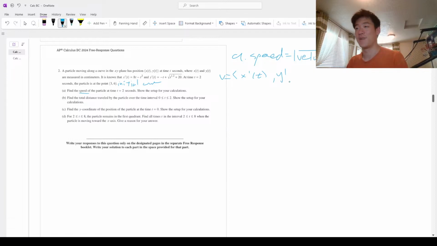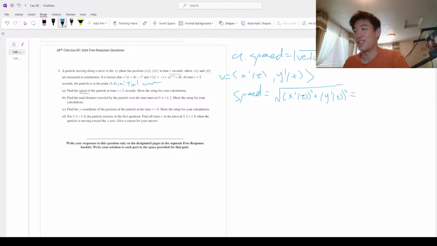Okay, I'm just going to switch back and forth. It's going to look really, really weird. So that means the speed equals the square root of x prime of t squared plus y prime of t squared. And then I'm pretty sure you can replace these with 2's, and that's going to give you a number. I don't really want to put this in my calculator, but I guess I will. So it's the square root